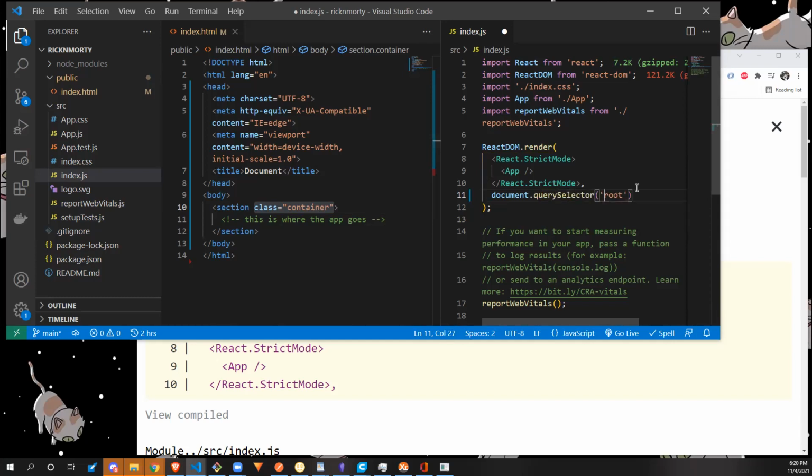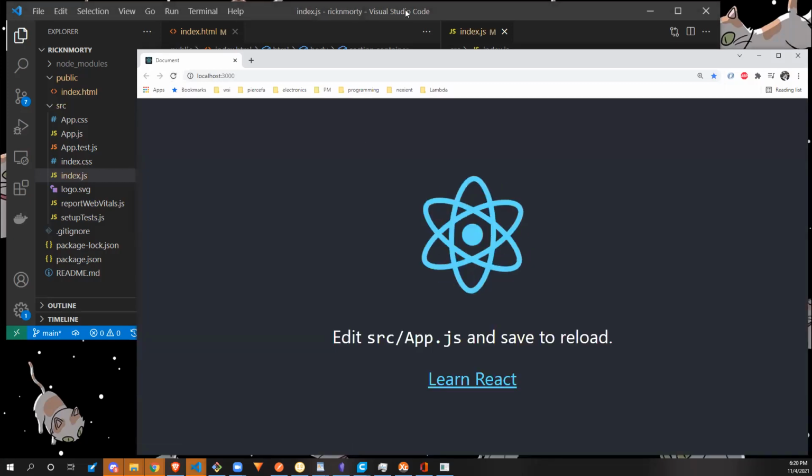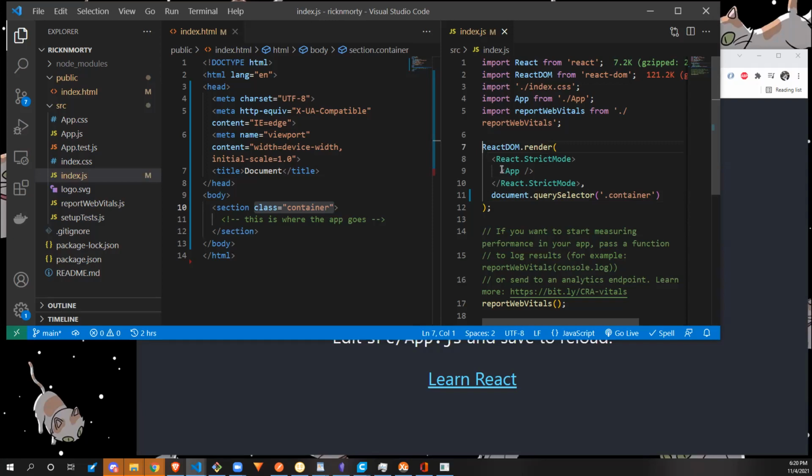And instead of root, it's container, but I can't just type container here because we have to tell it what it is. So if it was an ID, we use a hashtag. Classes use periods. If it was just called container, where we just named it container for whatever reason, we could do that. But since this is a container class, we just do query selector dot container. So if I save this again, and I refresh, it's back up and running